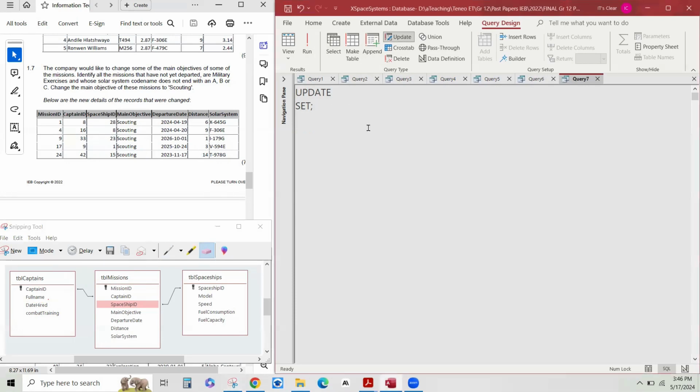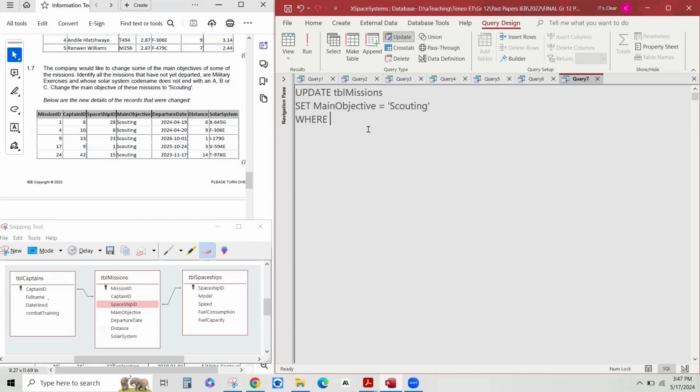So we want to update table missions. And we want to set, change the main objective of these missions to scouting. Set main objective equals, quote, scouting,